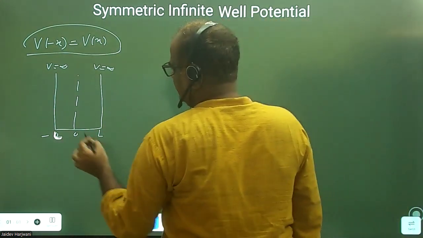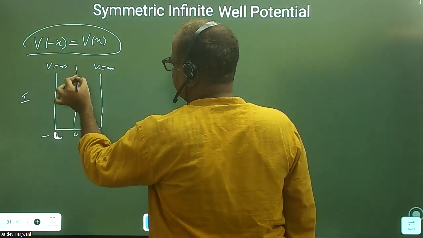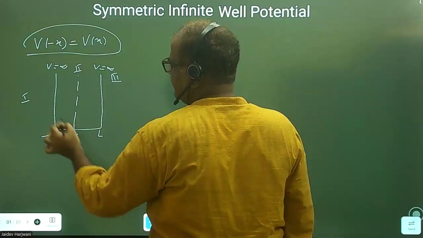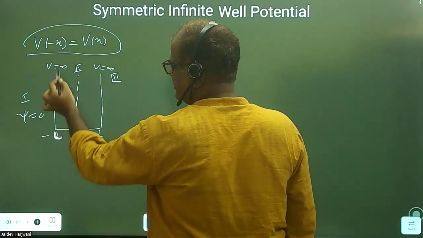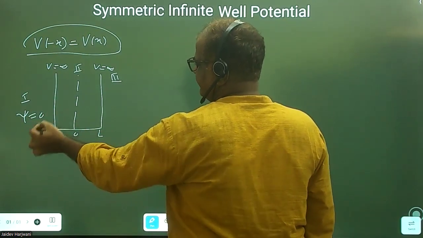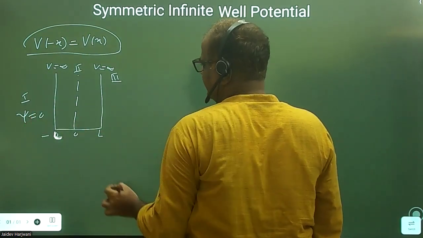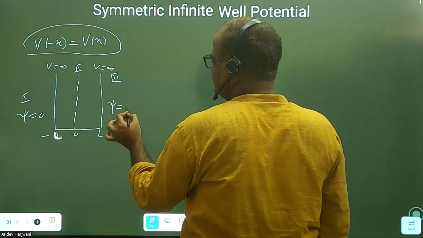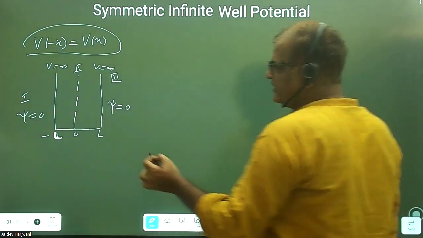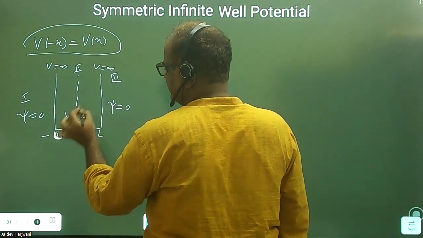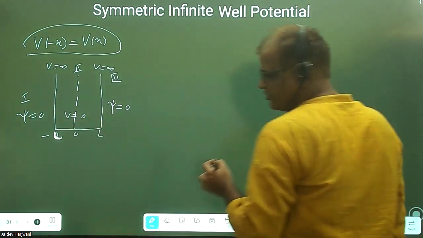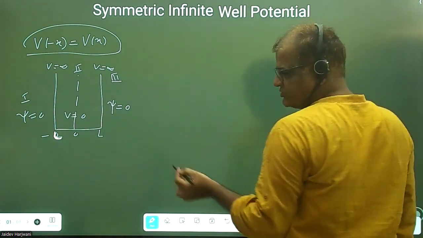We have already solved this. Say this is region 1, this is region 2, this is region 3. Here we have already calculated that the wave function will be 0, because the potential walls are infinite, so the particle cannot escape. The probability of finding the particle here is 0. Similarly, I take psi here also 0, because we cannot find the particle here either. And in between there is no potential. Potential is 0. So we have seen that if I solve the Schrodinger equation for V equals 0,